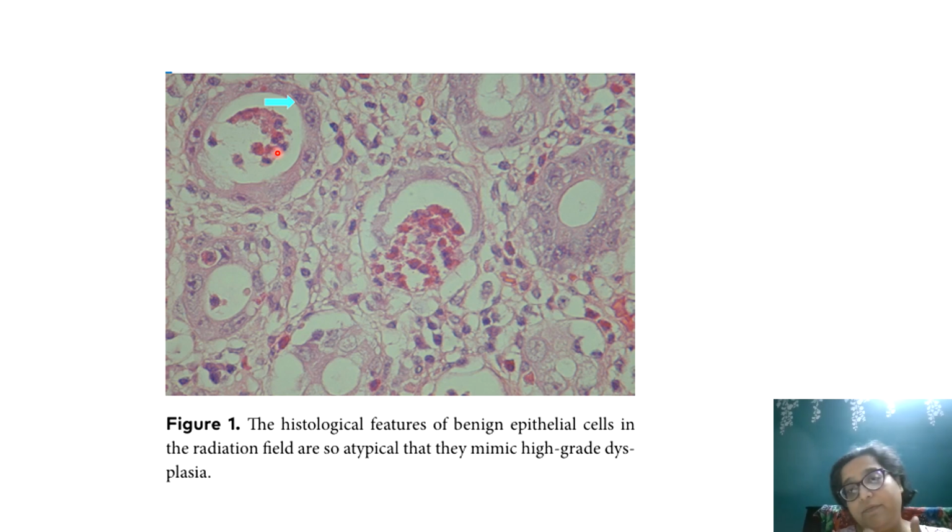Now, if you are not aware of the history that this case has had radiation therapy after a diagnosis which was done before, and you look at the mucosa, there are no goblet cells, there are no tall columnar epithelium, everything is cuboidal, flattened with high NC ratio and pleomorphism. So all this is pleomorphic, hyperchromatic. I will not blame you if a person who does not have the history calls it dysplasia and high grade dysplasia. And why not cancer?